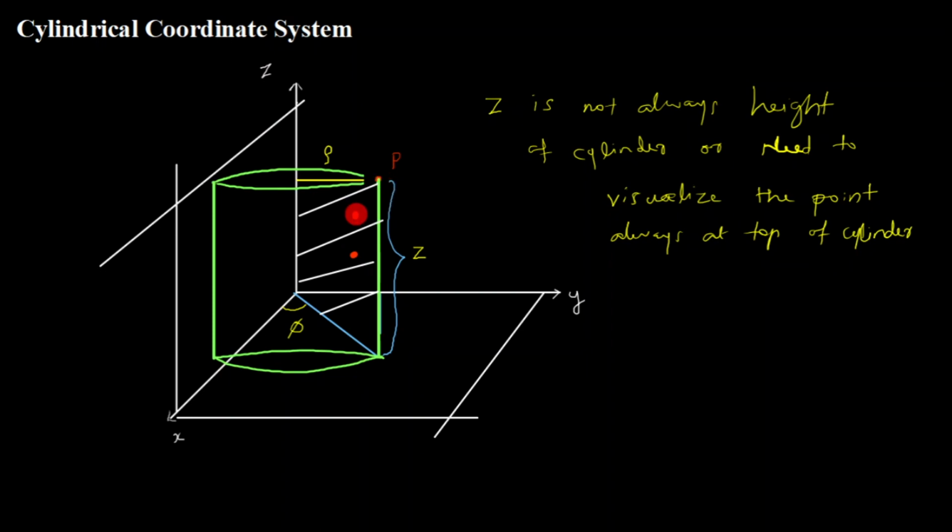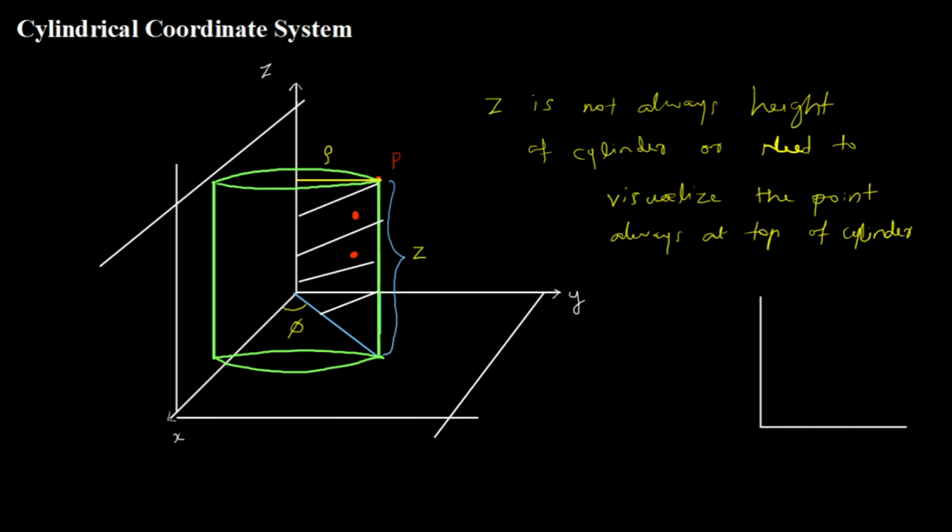The point P is here, so I will make it on the edge of the cylinder by drawing my cylinder somewhere here. Phi and rho will not affect. Agree? Yeah, but that is not the right way of doing it always. So we rather consider this z as something different, not the height of the cylinder. So we consider this z as a constant plane parallel to xy plane.